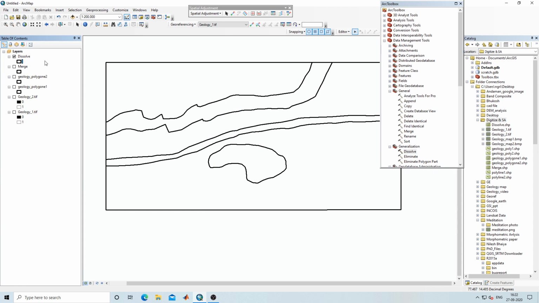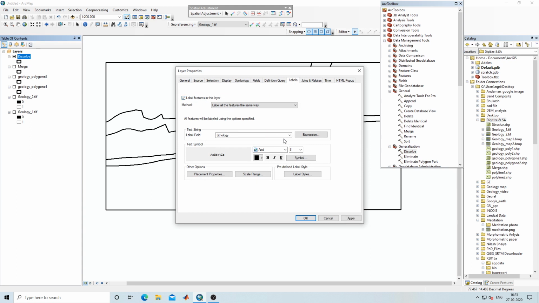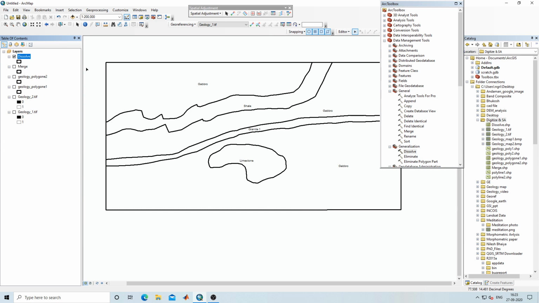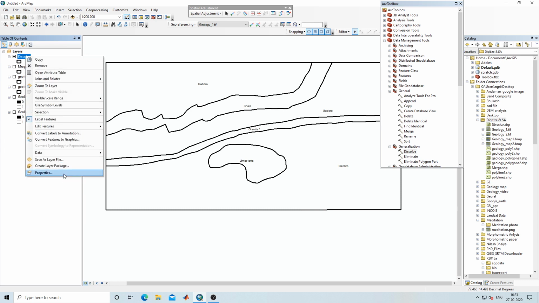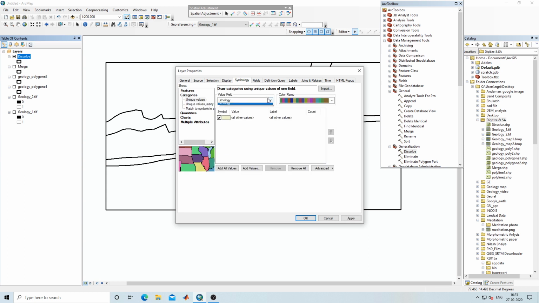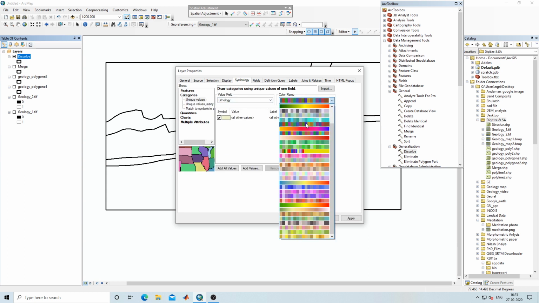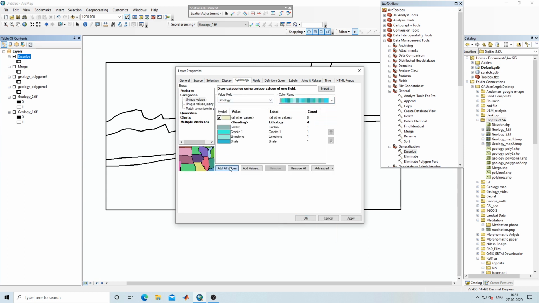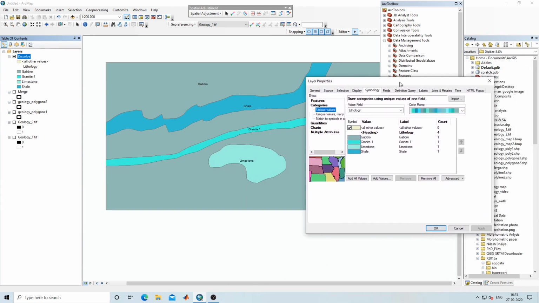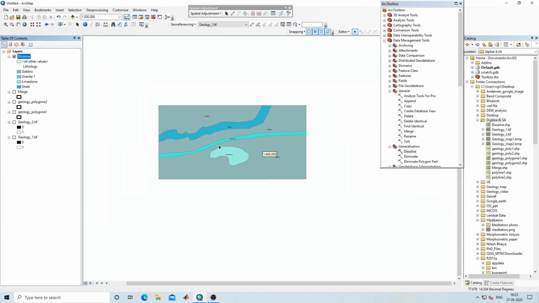So if I open this properties, label to feature, apply, OK. If I want to color this, then also I can color, symbology, categories. From here you can select colors. As per your wish, you can select a color.